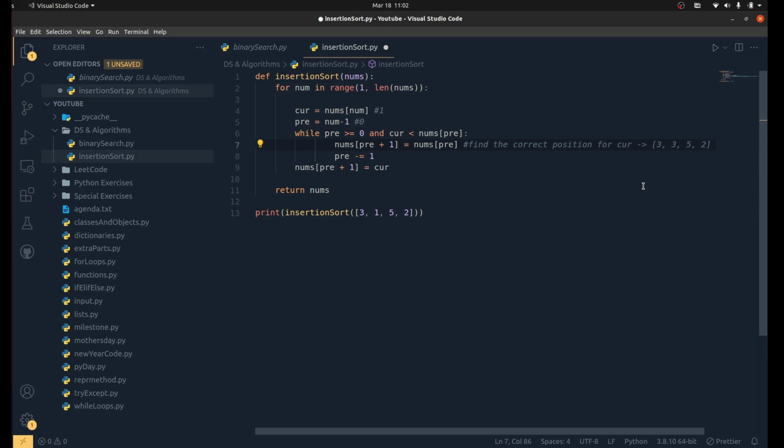But wait, we're not done yet, because we still have to insert 1 back to the place. Right now we're just shifting all the other numbers 1 position up so that we can turn the first number into 1. This way the list can be sorted. So now we're going to decrease pre by 1, so now pre is going to be negative 1, because before pre was 0. So now since pre is negative 1, this loop is going to stop running, because this condition